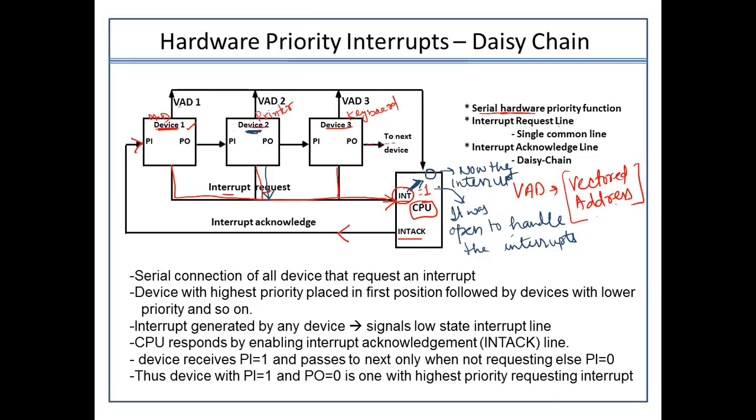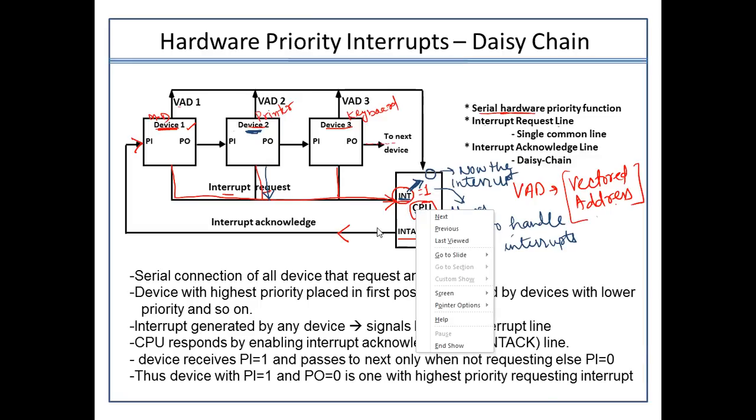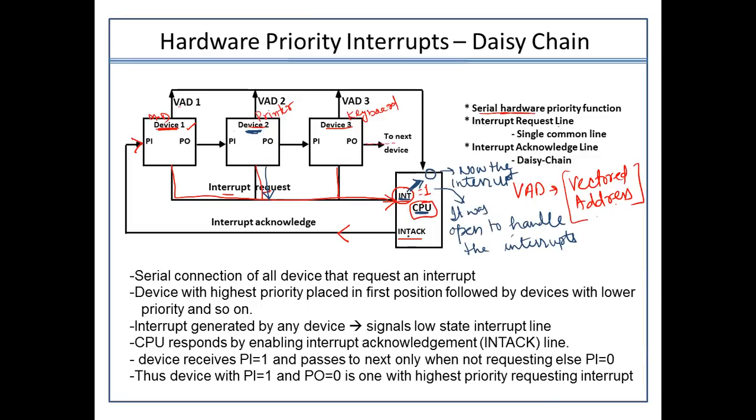Once this INT value becomes 0, my system will get an alert: some request for an interrupt has come. So then what will happen? My CPU will send an INT acknowledgement signal on the interrupt acknowledgement line. Before, it was equal to 0. Now it will be equal to 1. That simply depicts that yes, the processor is saying, I have actually received the interrupt.